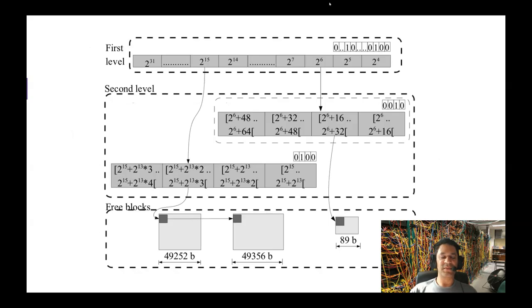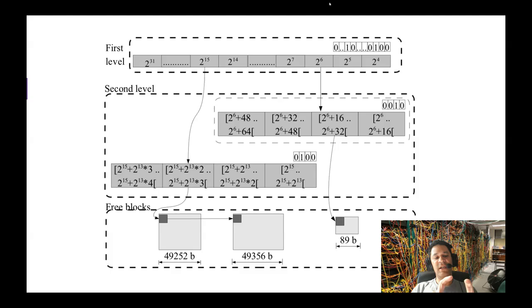So this is a visual representation of what a two-level looks like for the memory allocation. For the first level, you have a 32-bit int, and this is just for a 4 gigabyte memory space. So you have your 32 bits, and every bit represents a level, which represents a power of 2 level. And inside of every level, think of this horizontally, and vertically you have another integer,